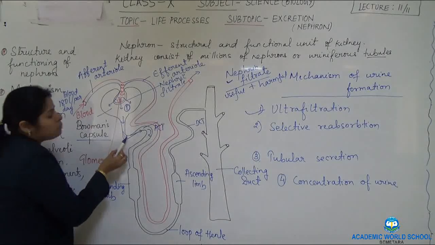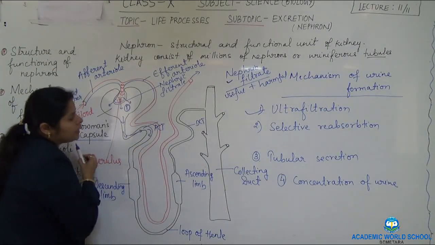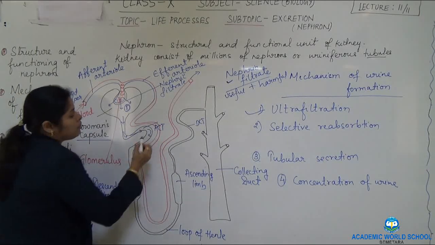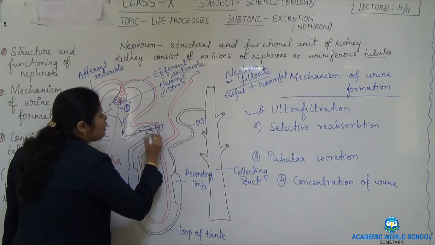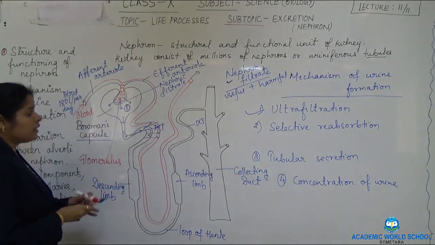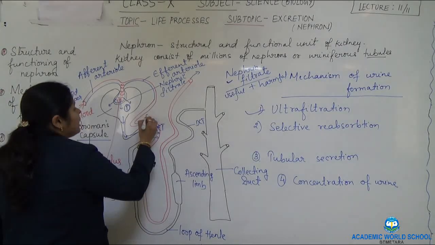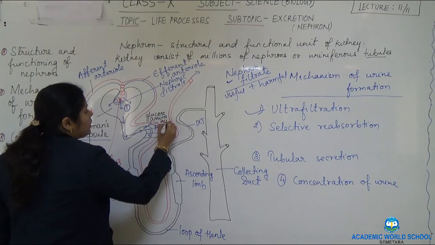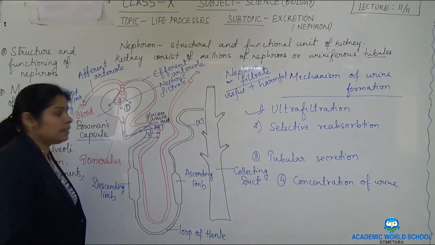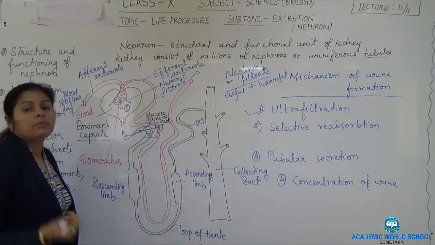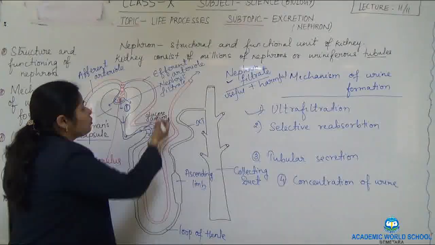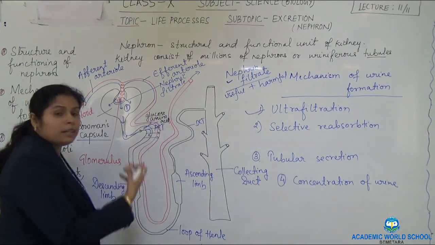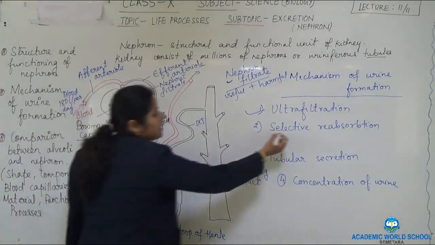When this nephric filtrate moves through this proximal convoluted tubule, the capillaries which run very close to this PCT absorb the useful material. And what are the useful materials that will be absorbed? That is glucose, amino acid, some ions and water. These things are useful, which the body requires, the body cannot afford to lose glucose, amino acid and water every time. So these important materials will be absorbed. That's why the name, selective reabsorption.